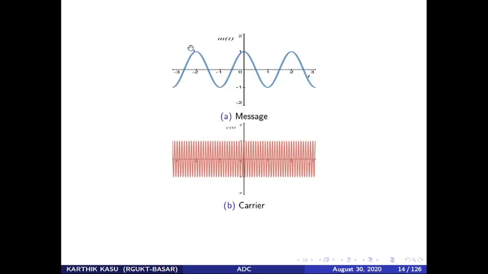Now this is my m of t, and this is my c of t. You can observe clearly they have the same amplitude. But the frequency of the carrier is more than the frequency of m of t, the message signal. You can observe clearly that here the waveforms are very closely spaced, but there they are far apart, which means it has more frequency than the message signal. So always make sure the frequency of the carrier is much more than the frequency of your message signal. Otherwise, fc must be more than fm.